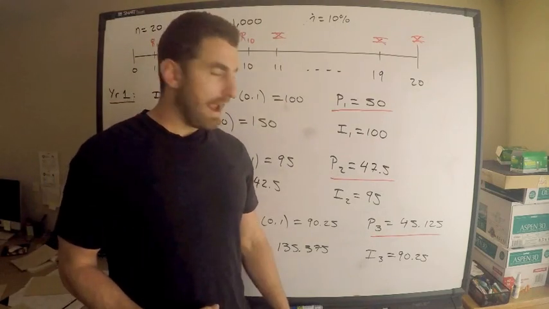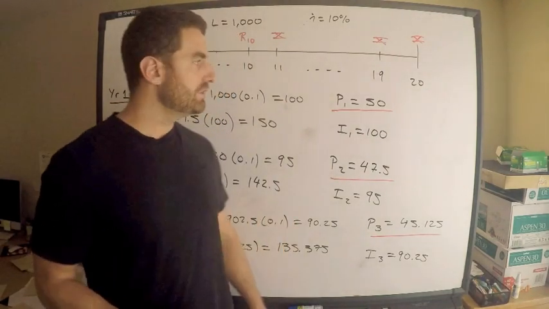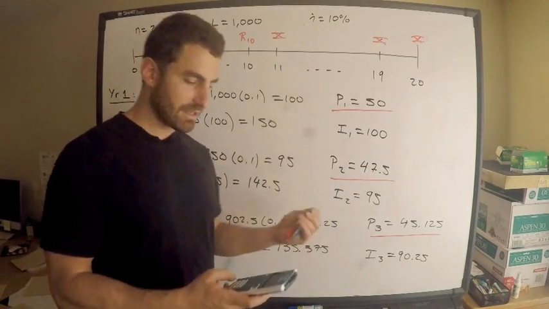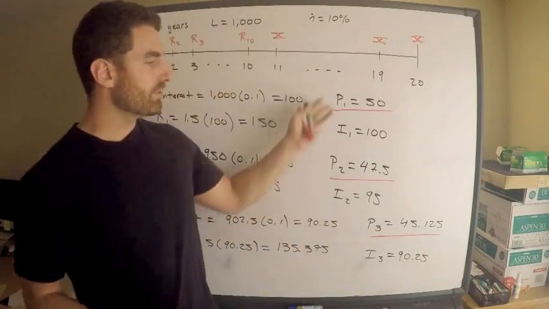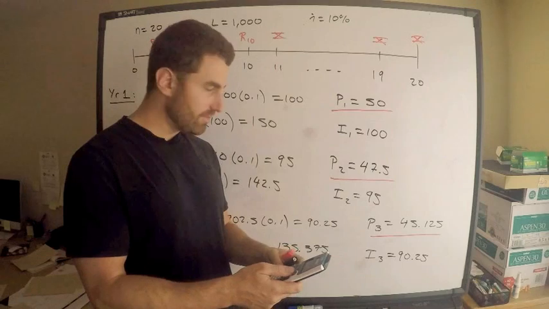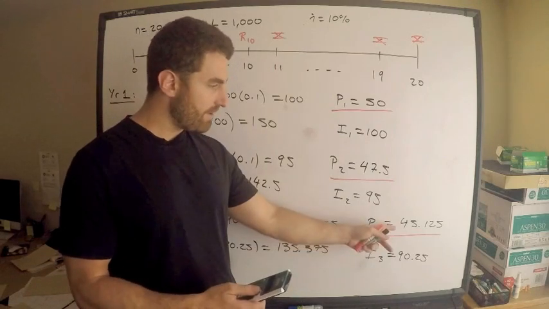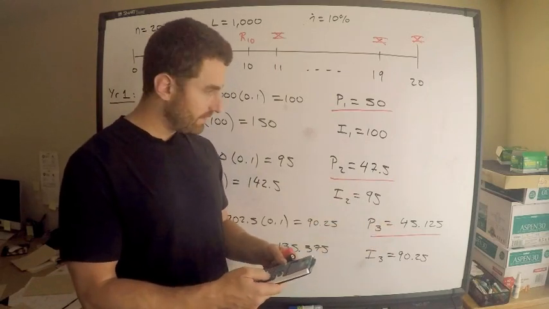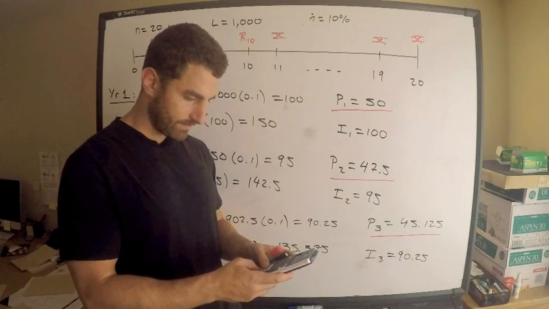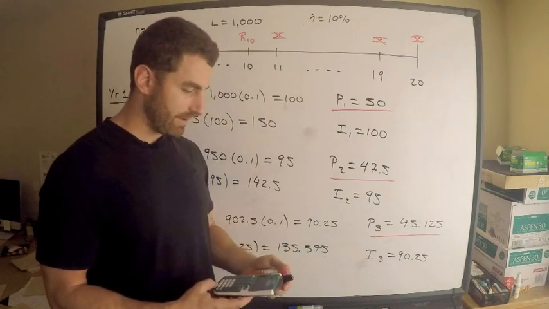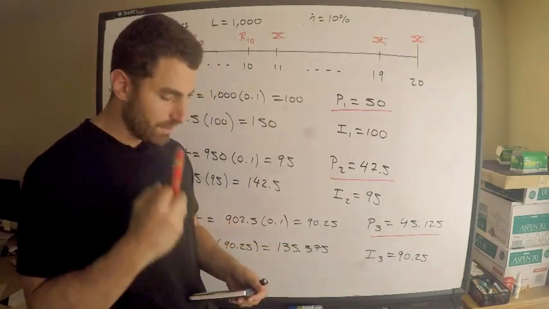Definitely not arithmetic, but I claim that they're geometric. So you want to find some relationship with the principal portion. I'm going to do 45.125 divided by 47.5, and that gives me 0.95. So here's the deal. What I'm getting